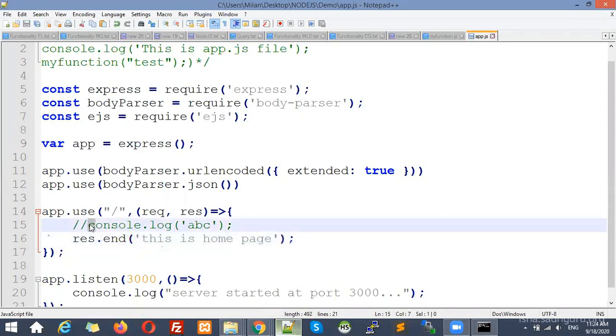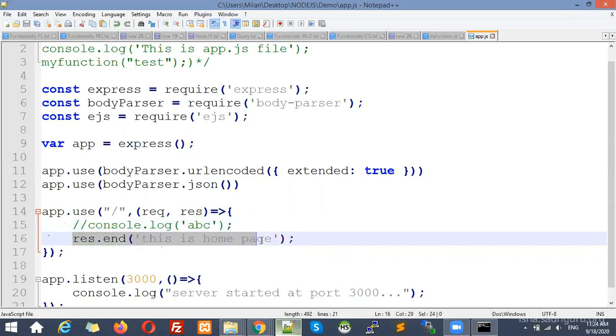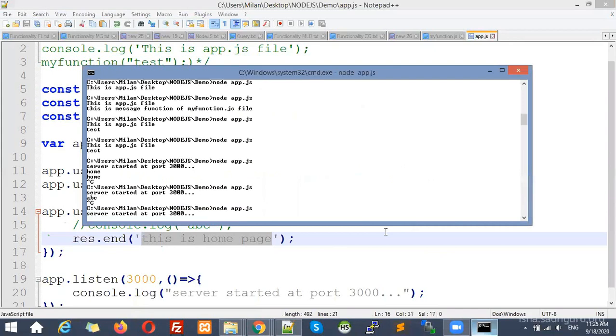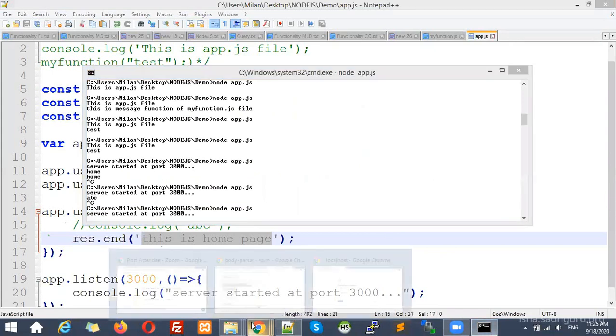No need to check the console. The earlier message will display on the command prompt, but this message will display in the browser. You can see we are sending the response, what we are sending is this text, and we are ending the response. So this text we are sending to the browser. Now let me start the server again. The server started, and then let me open it. You can see this is a home page. Now there is no process ongoing, and this is the output that is displayed on our screen.